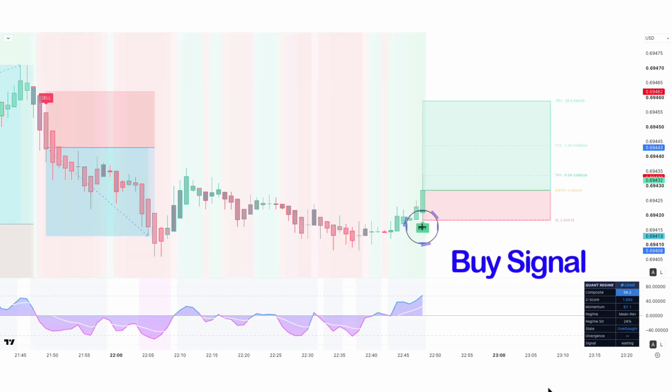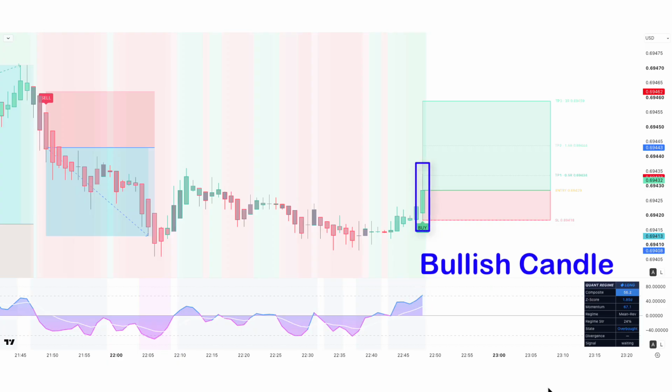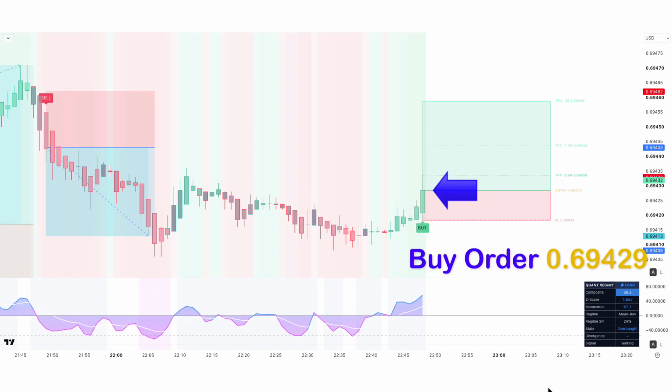Here the Quant confluence label up of this is buy signal. Here the blue line of Quant regime oscillator above the zero line. Here market has made a bullish candle to give confirmation. So all our conditions are being fulfilled. So we are placing an order to buy